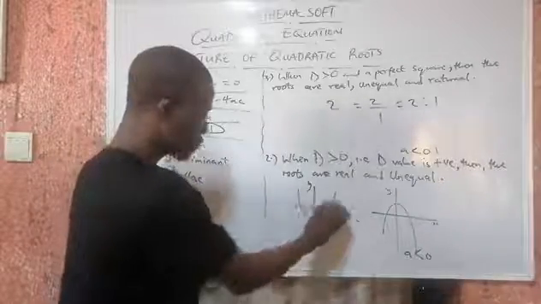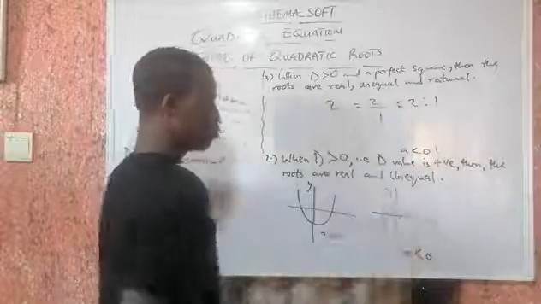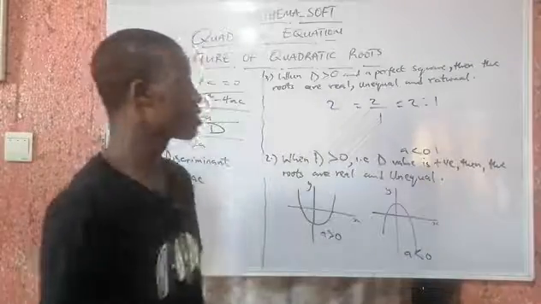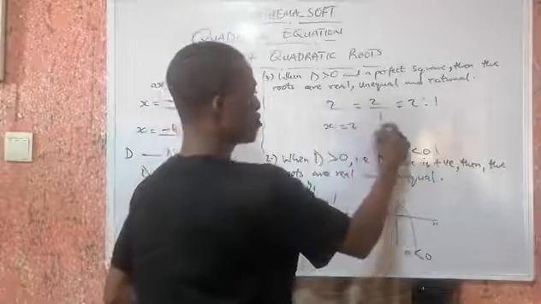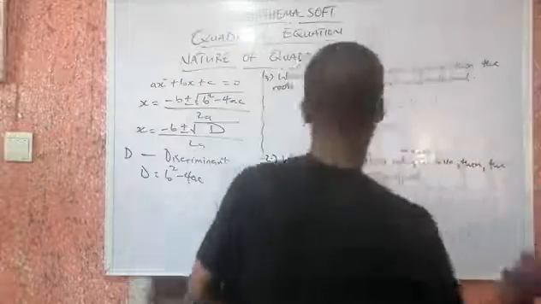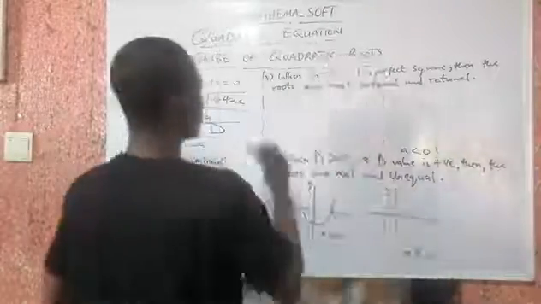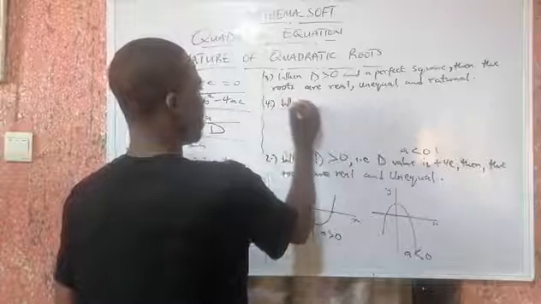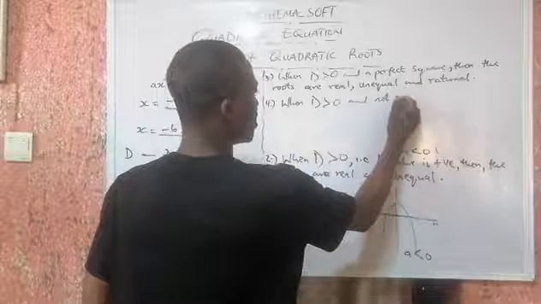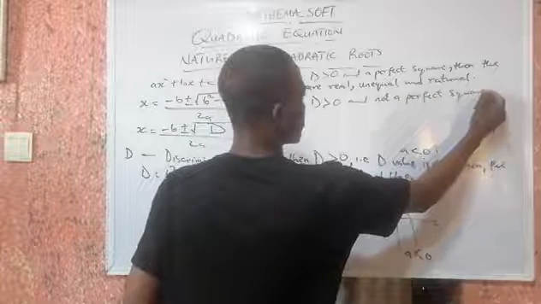The graph under this third condition is the same as this. There will still be two unequal roots, two distinct roots. The only thing is that the roots in this case will be rational. That is, you can have something like x equals 2 or 1. 2 is a rational number, 1 is a rational number. So that's what we are talking about in this case. So the fourth condition is also like that. When D is greater than 0 and not a perfect square,